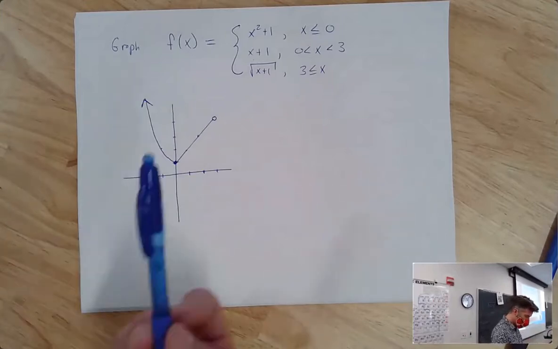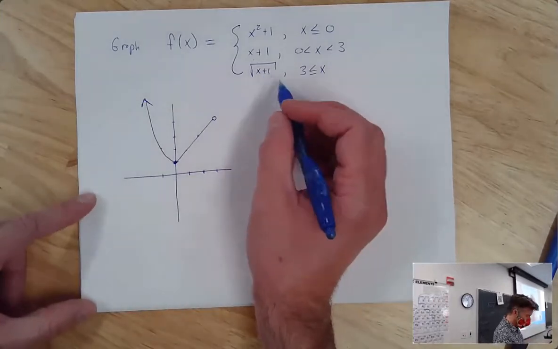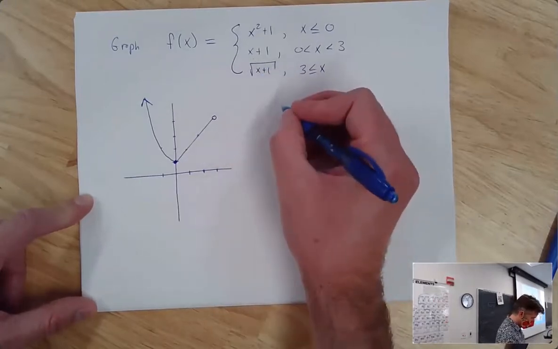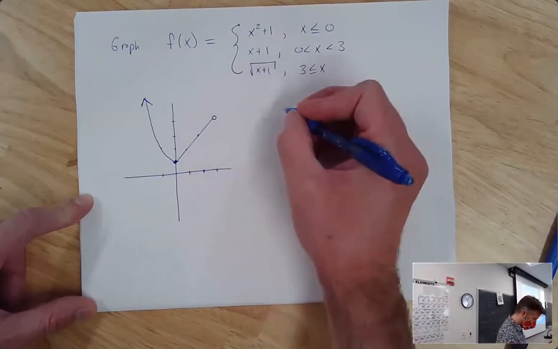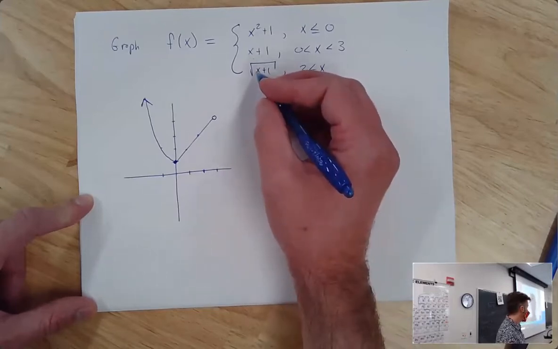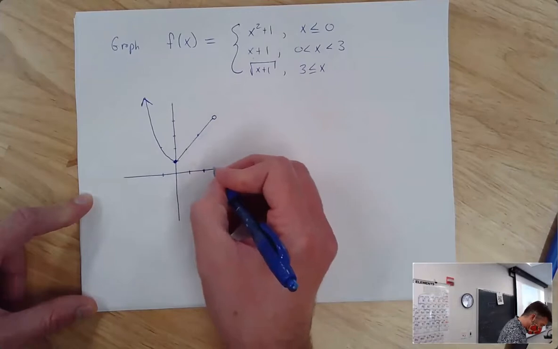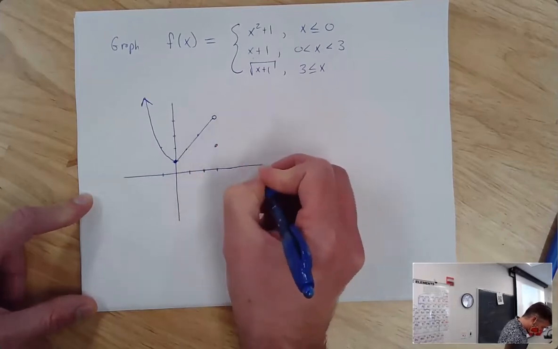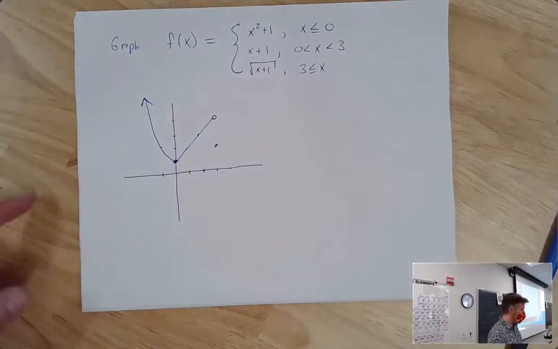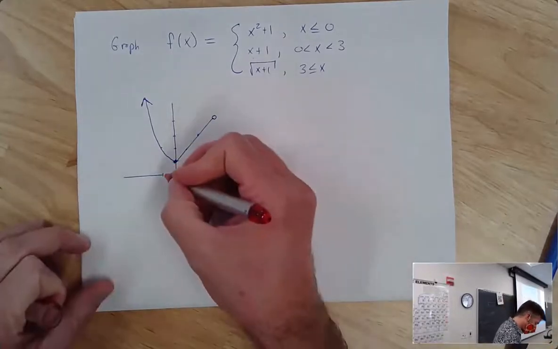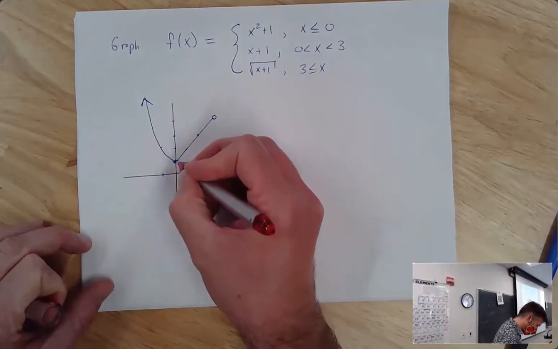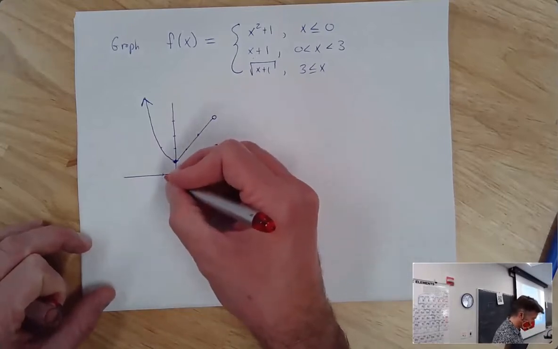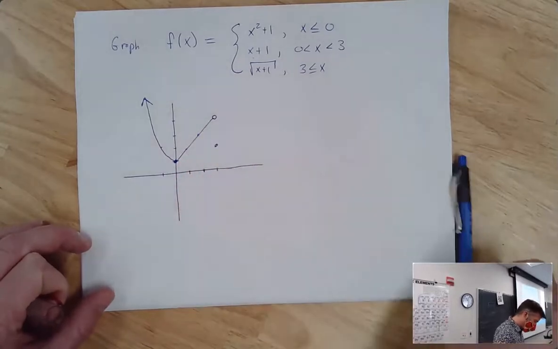And then the square root of x plus 1 is going to start when x is equal to 3. So when x is 3, I'm going to get y equal to the square root of 3 plus 1, which is 2. I'm going to get the point 3, 2. All right, and not that I'm going to graph all this, but I'm thinking of the square root graph that's doing this. Right? It's doing like that. You guys can kind of see what I'm trying to draw out there without actually drawing it. So it's just going to continue